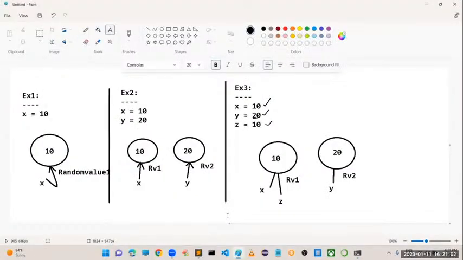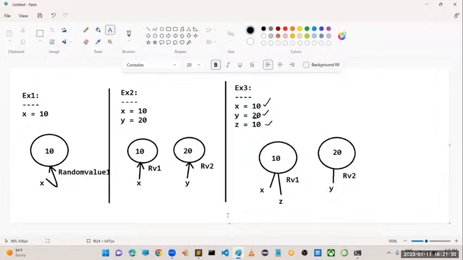Now here there are advantages, and at the same time disadvantages. What advantages do we have? Suppose you have thousands of crores of objects with the same content, unnecessary memory wastage will be there. We can resolve that just by taking only one object. Multiple references are going to point to that object. This is the first thing.